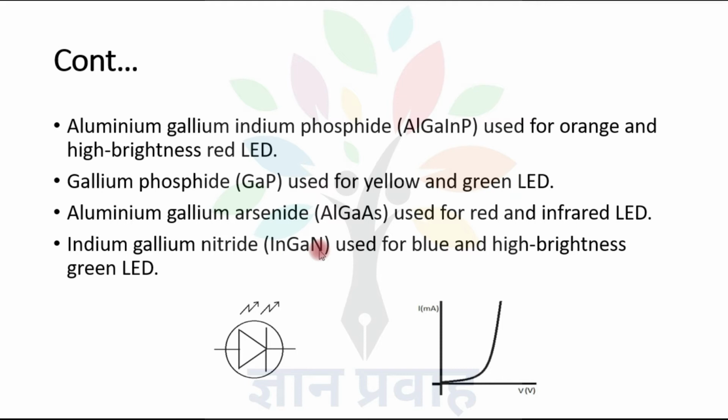The characteristics of an LED are similar to a PN junction diode in forward bias. The IV characteristics for the LED are given here in this figure, and it is the forward bias IV characteristics of a normal PN junction diode. The logical symbol for LED is given here. PN junction diode releasing photons.